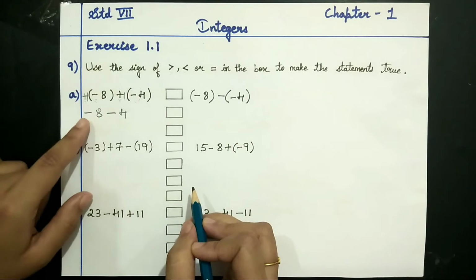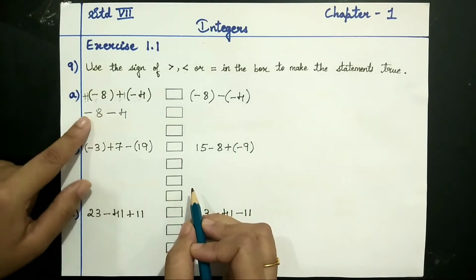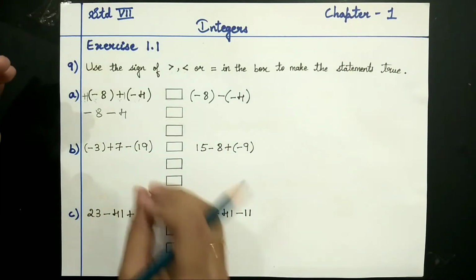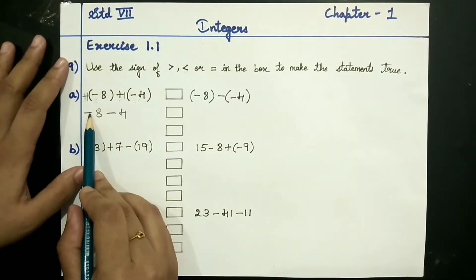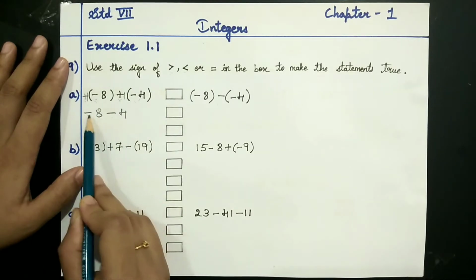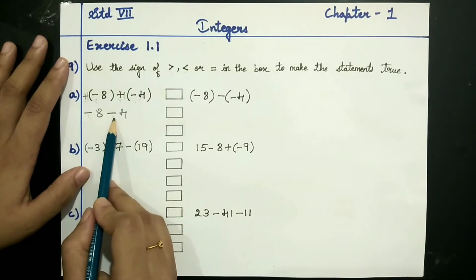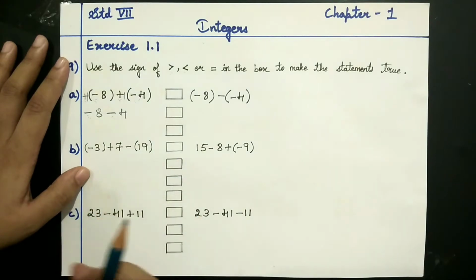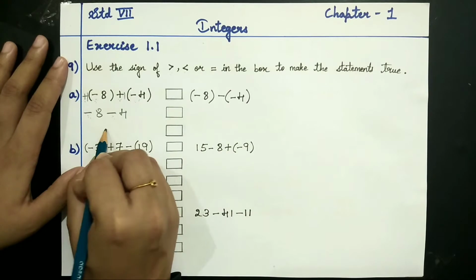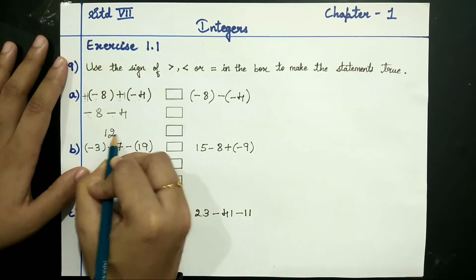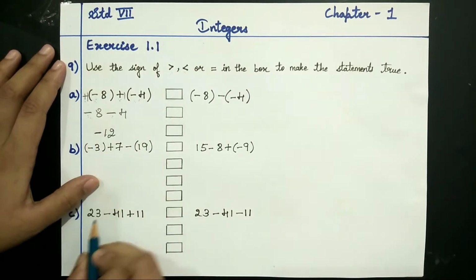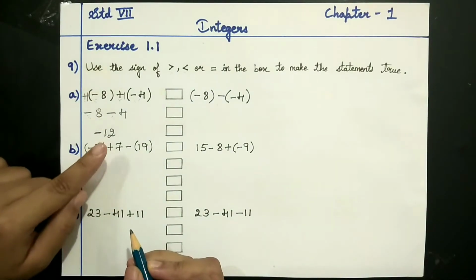Fine. Then now here both the signs are same. Since there is no bracket here, now you have to use the rules of addition and subtraction. According to the rules of addition and subtraction, minus and minus signs are same. If the signs are same, then you have to do addition. So 8 plus 4, how much? 8, 9, 10, 11, 12. And which sign do you have to give? The greater number's sign, that is minus. So this side you got minus 12.